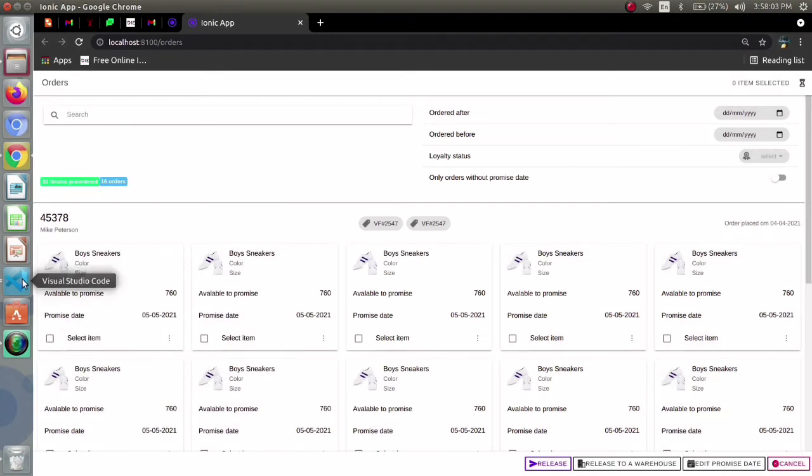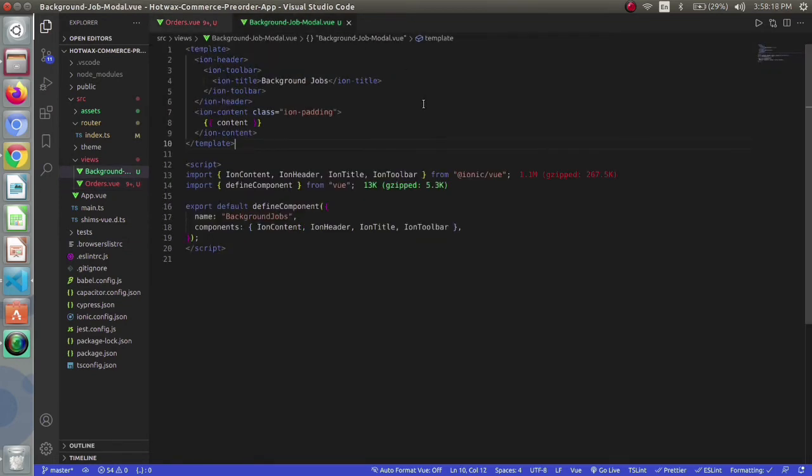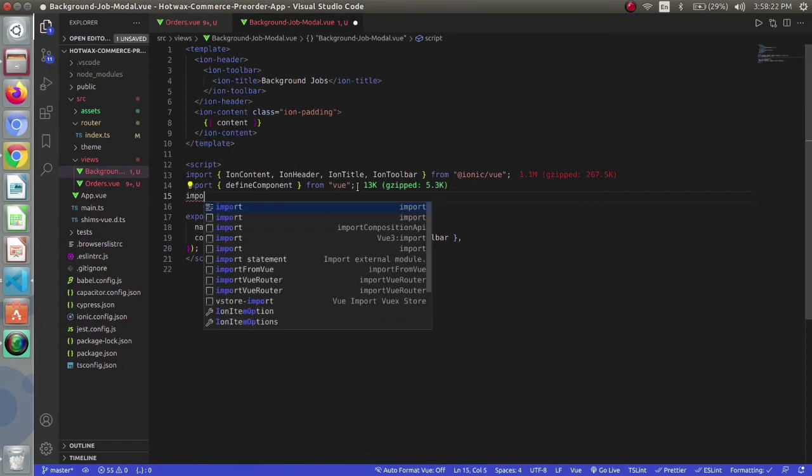So I will go to my background job and write the code for the close button over there. And also for dismissing, I will be using an event over there. For this, I require an icon, so I will be importing the icon first.